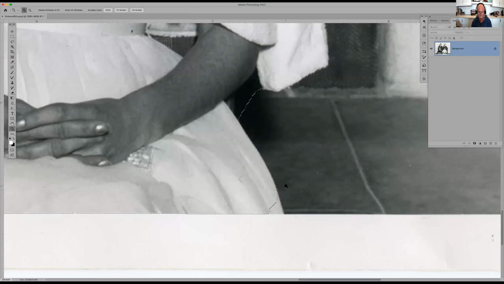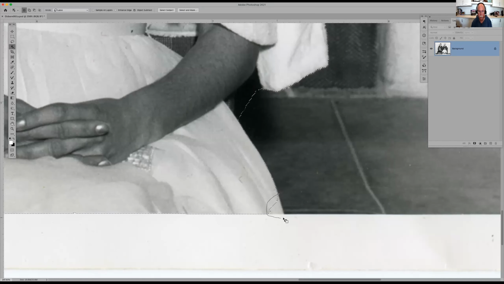So we'll try it again with the object selection tool, which is in the W's. If you hit W, it'll bring up object selection, quick selection, or magic wand. If you hold the shift key down, here we go with that dang shift key again, it will cycle through each of the tools. So if I hit shift W, it goes through each tool. Right now it's a magic wand. Shift W brings object selection tool. Shift W again will bring quick selection tool. So I'm going to do object selection tool again,